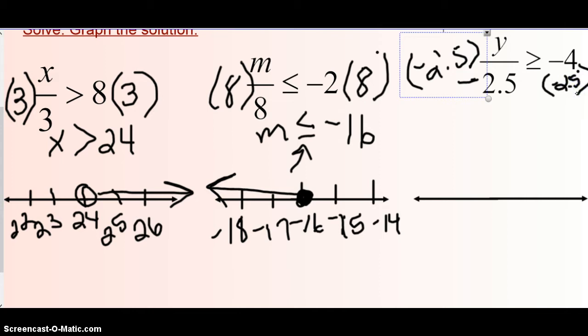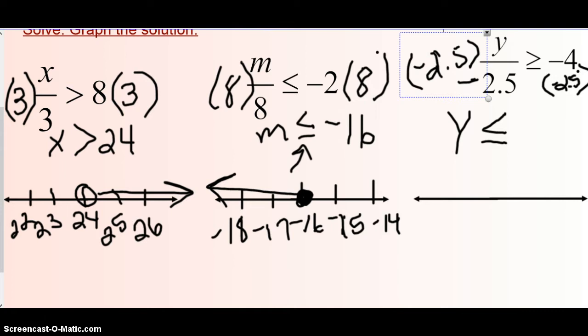Sorry, this is not writing very nicely. Because we are multiplying and dividing, that leaves y by itself. And because I am multiplying by this negative 2 and 5/10, I have to flip my sign over. This now becomes less than or equal to instead of greater than or equal to. So now my sign has moved. It's y is less than or equal to